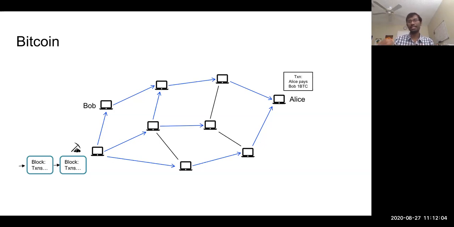So in Bitcoin, as transactions are generated, they are consolidated into blocks using the longest chain protocol. And when a miner mines a block, he then broadcasts the block through the network. There is no sharding in Bitcoin. And the goal for us is to design the topology of this Bitcoin network such that the block gets propagated to all other nodes as fast as possible.